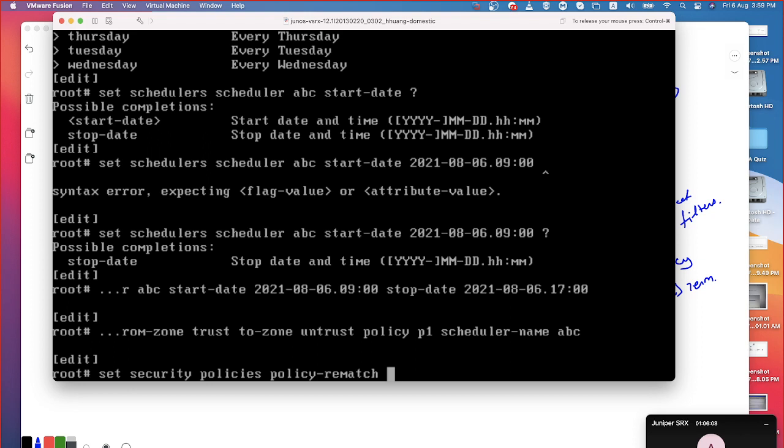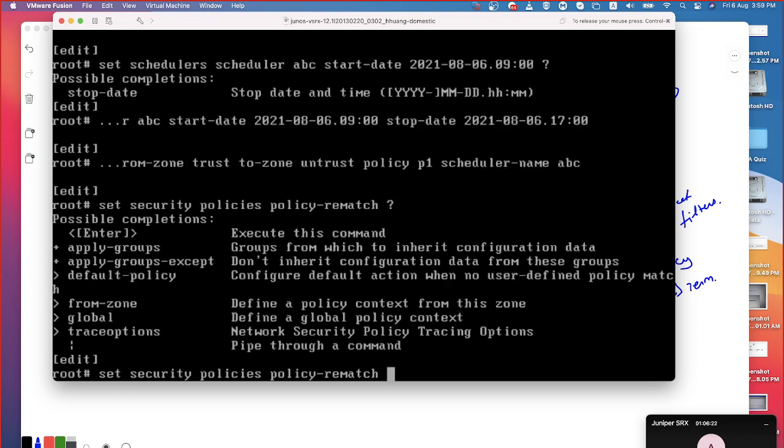Now let's assume that you are deleting a policy. The rematch flag, that means the rematch is enabled or disabled. That's the two states. So I have set policies, policy rematch, I can press enter. That means I'm enabling it. If I don't have this statement, that means it is disabled. That's the meaning of it.